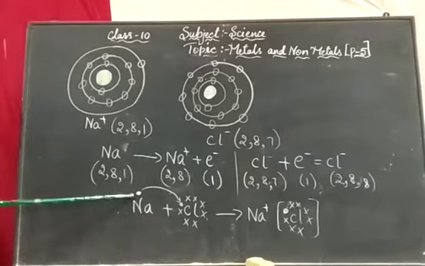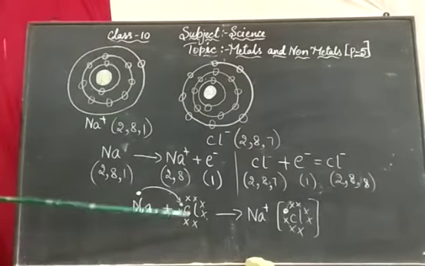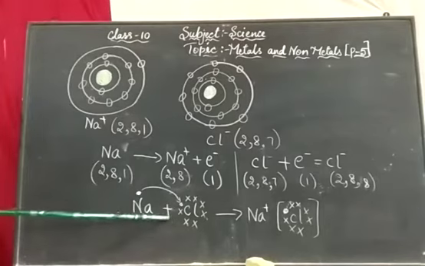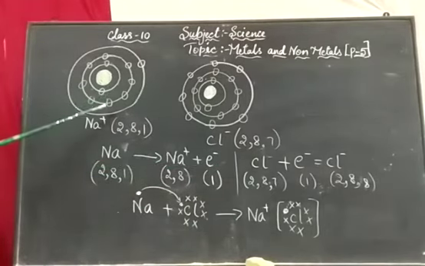So what I have done: the extra electron I have put as a dot here. This electron is coming to the chlorine. These X are the outermost electrons in the chlorine. As you can see here, it is the same. So it takes 1 and combines, becoming 8 electrons in the outermost shell. Thus it will become stable. If it is not stable, it will be reactive. The more electrons that need to be given or taken, the more reactive it will be.